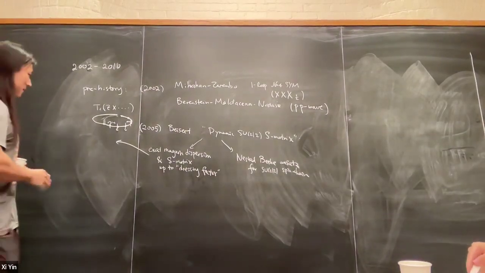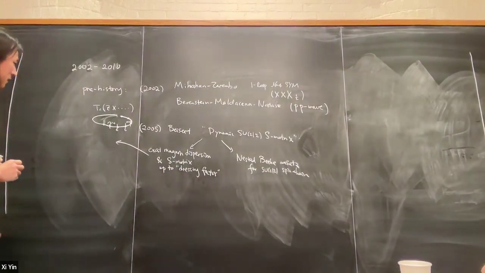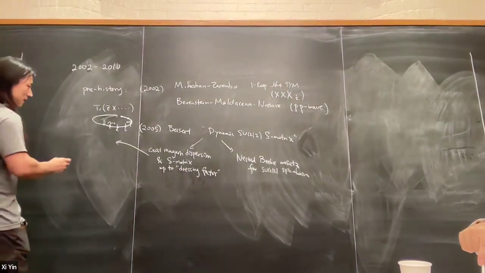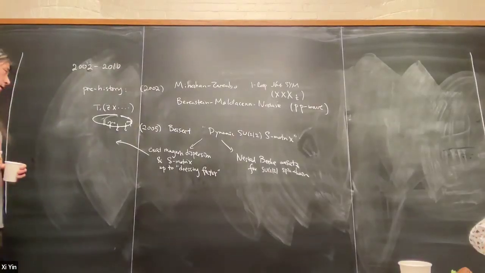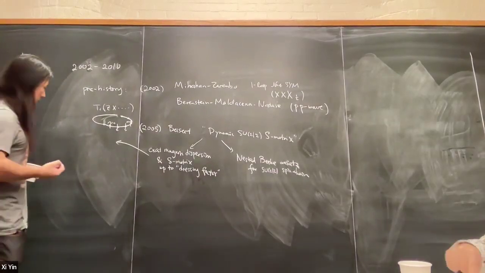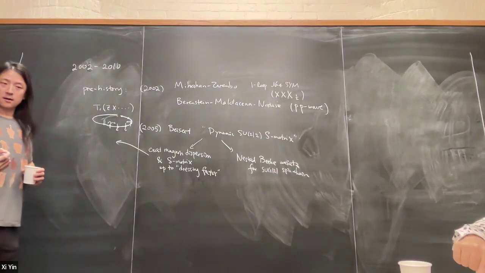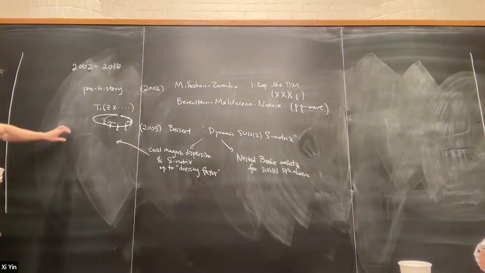And then the next development along this line is to determine the so-called dressing factor. What happens is that it turns out that for these basic magnons, which we'll define later, under the assumption of factorized scattering, the two-body S matrix is going to be determined by symmetry. The symmetry is something already non-trivial. We'll discuss what that symmetry is. It's a so-called centrally extended SU(2|2) algebra on this infinitely long open spin chain.